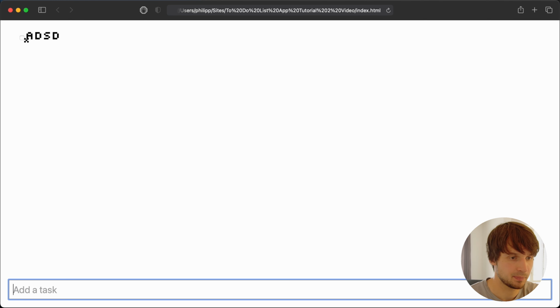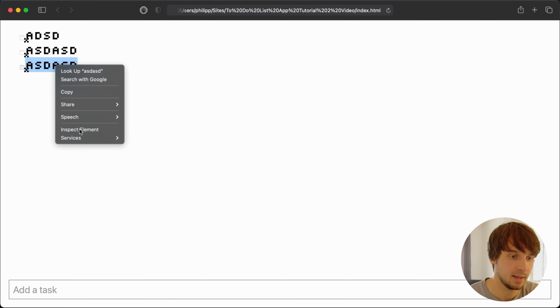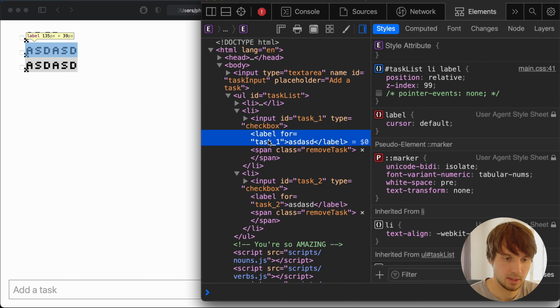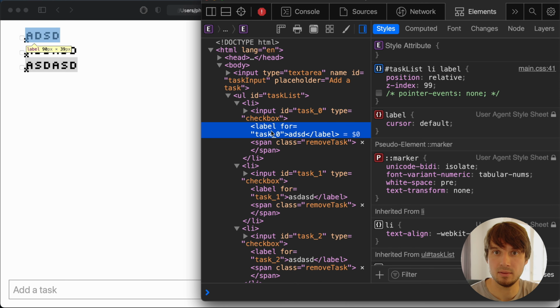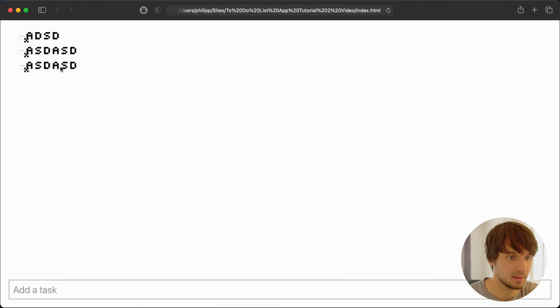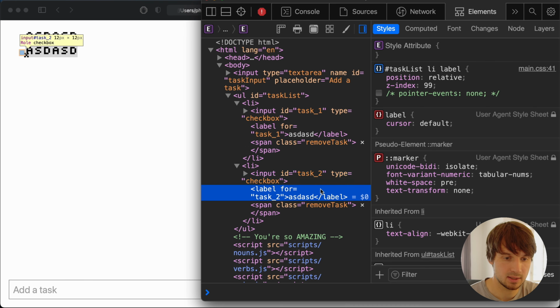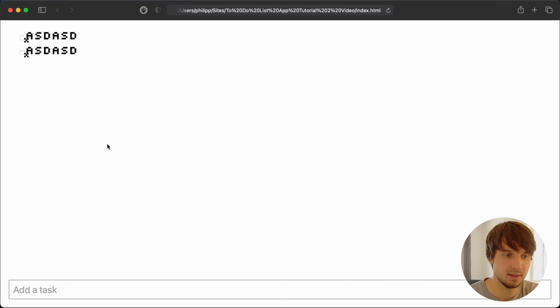We add the first task, and this is the task with the ID task1. We add the second task, and this is a task with the ID task2. We add the third task, and this is a task with the ID task3. A lot of Bashar Assads here, but we will just ignore this for the moment. Task2, task1, and task0, because everything starts actually with 0, not with 1. So now we can remove one task. What we are left with at the moment is the task with the ID task2 and the task with the ID task1. So now when we add another task,